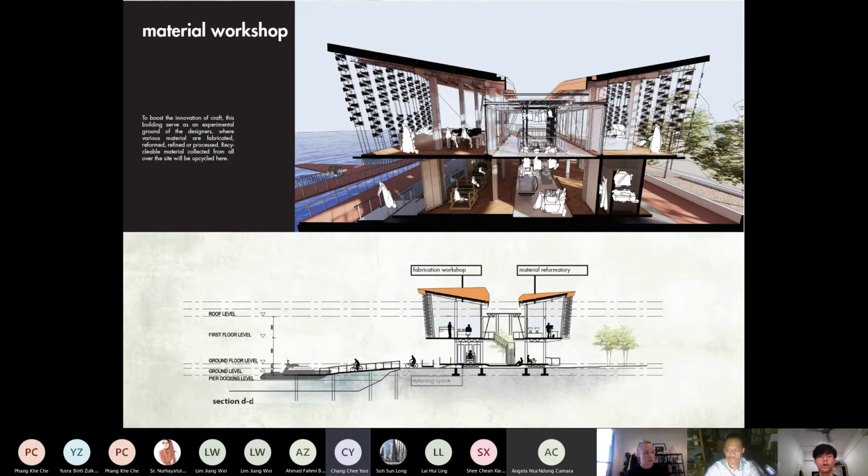At the top floor, to avoid floods destroying the expensive fabrication machinery, I decided the fabrication that uses machines like CNC, laser cutters, and 3D printers should be placed at the higher floor. There, people can come and test out fabrication of new, innovative materials, and all these materials will be sent to the design studio, and then lastly presented in the exhibition space.